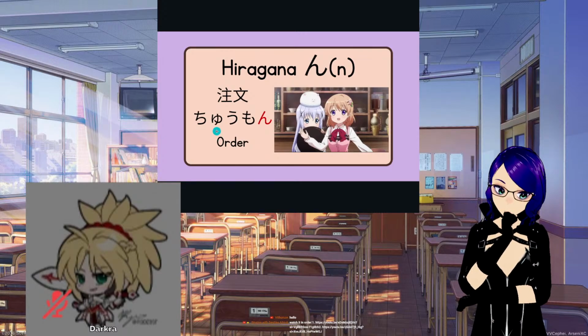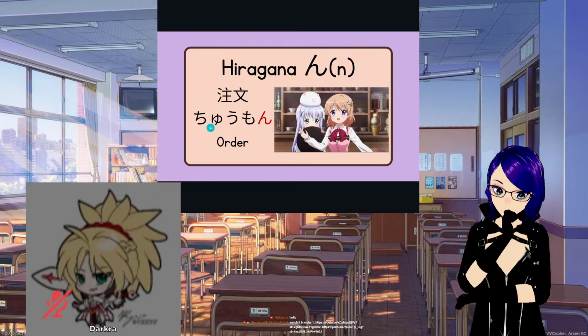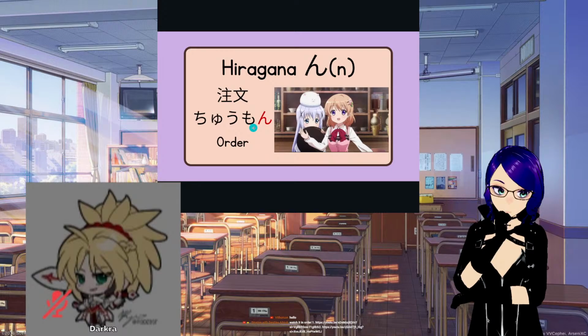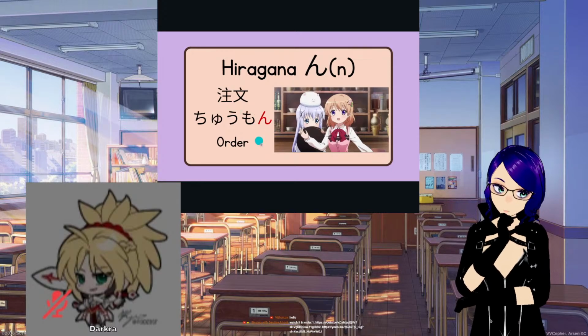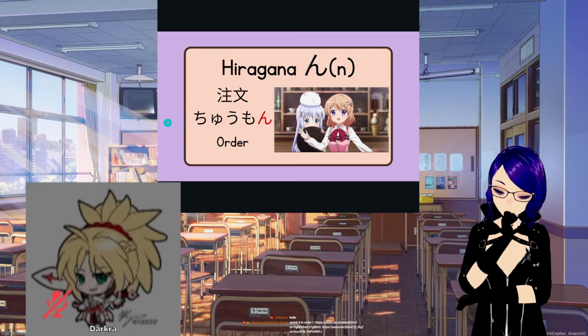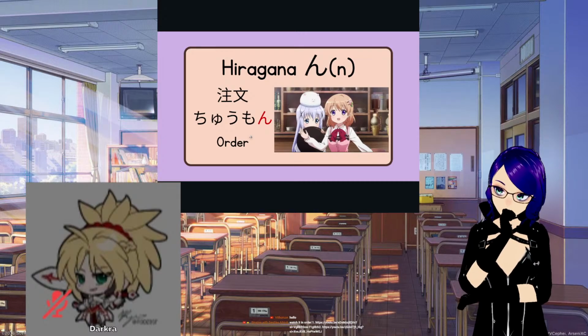The small one here is yu, so it's chi yu, chiu. So it sounds like chiu, but they remove it, it becomes chu. So chu, mon. This is order. You will hear an additional thing in front that sounds very familiar. It's go, so gochumon. Gochumon wa? It means what is your order.